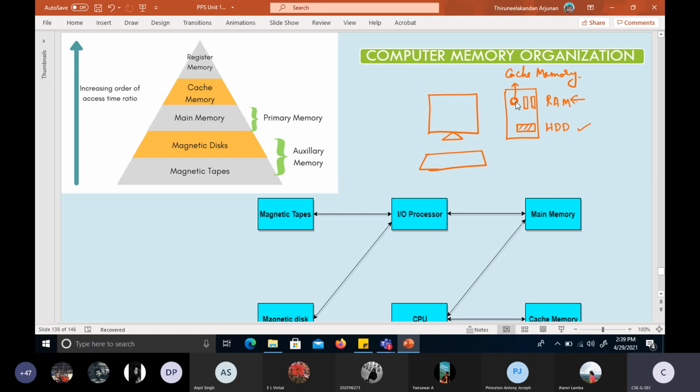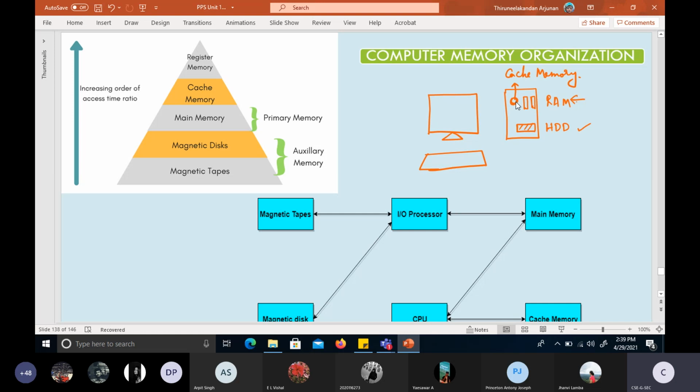And the hard disk space is called secondary memory. Secondary memory. I am using chemistry notations, actually you should not use it, I'm using it so that it will occupy less space on my screen. And this cache memory is called cache memory only. We cannot give another name for this one. Cache memory is called cache memory only, or somebody will also say just cache. Okay, fine.